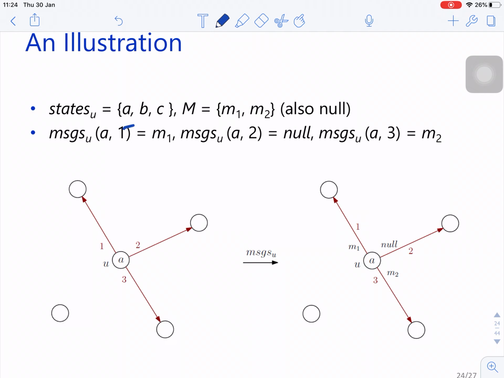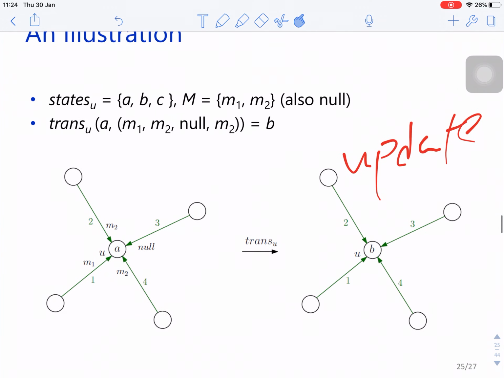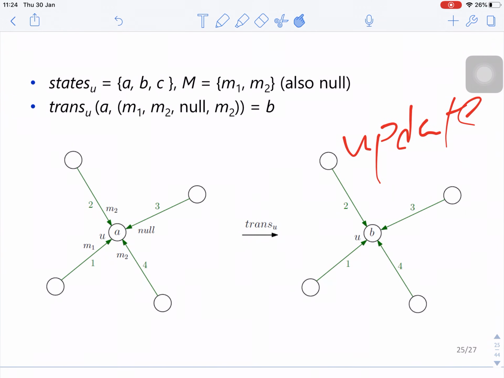Let's say this is at A, and we are going to generate the message 1 to its first neighbor, message 2 to the second neighbor, and message 2 to the third neighbor. How do we interpret the transition function? It means that if we receive M1 from the first neighbor, M2 from the second neighbor, M0 from the third neighbor, and M2 from the fourth neighbor, we are going to transition from A